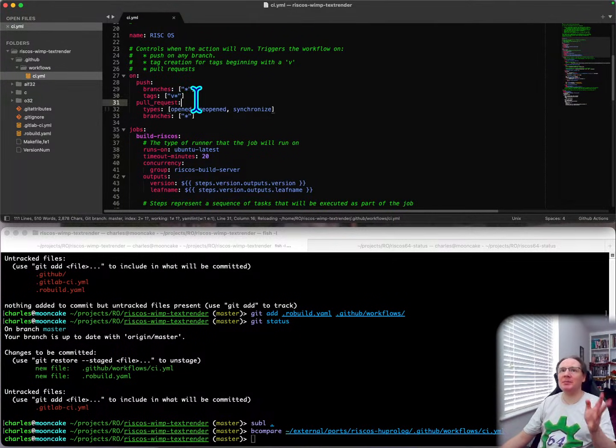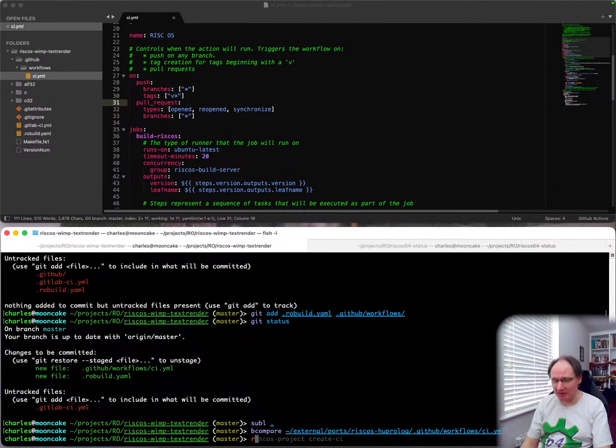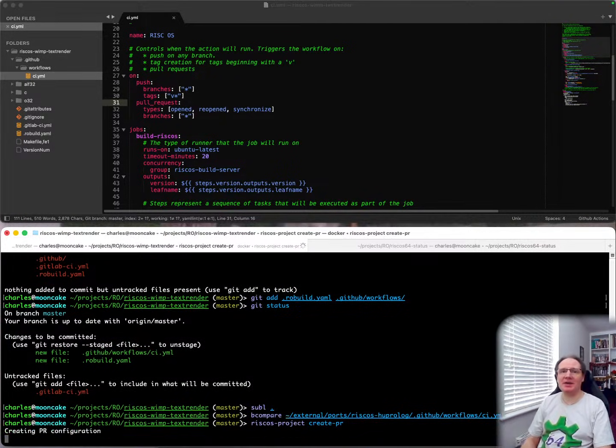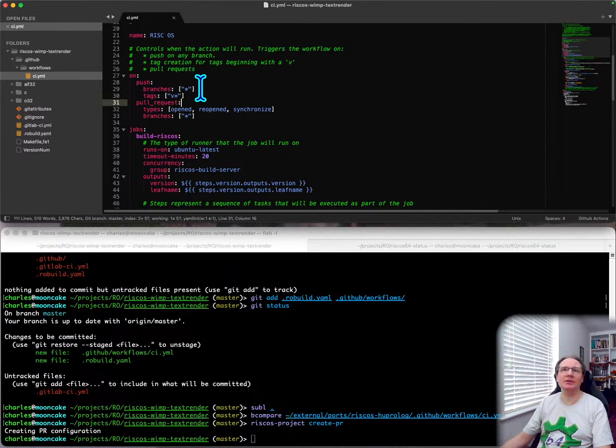And it's important to have the pull requests in there. So I've been trying to get pull requests and issues being created in a sensible way so that anybody that wants to contribute can actually do so. And to that end, we also have project create PR. And this creates special files, which if we have a look over here,